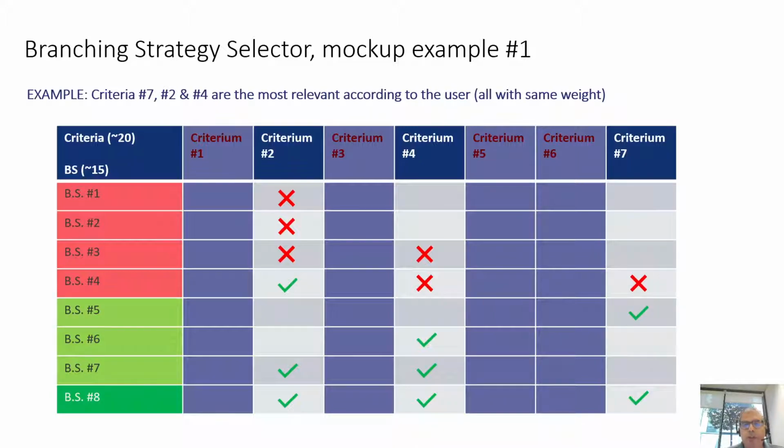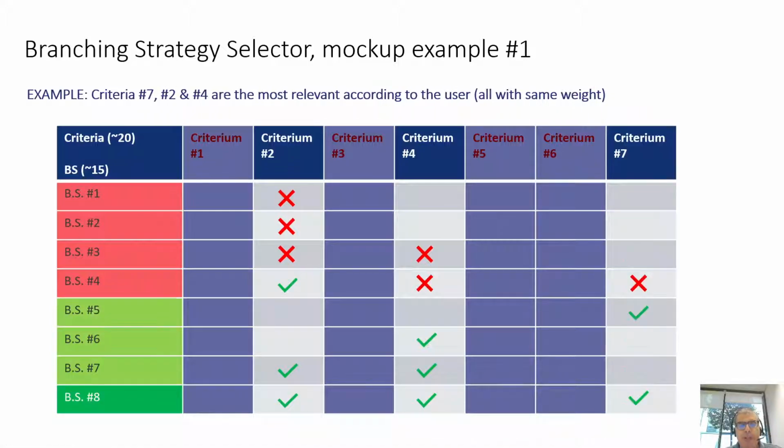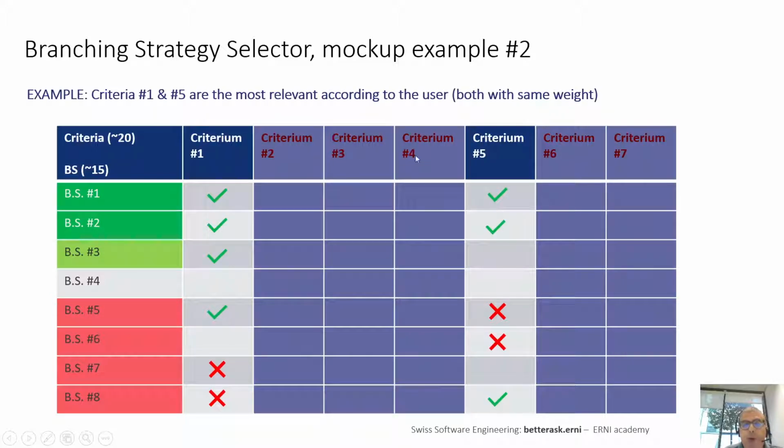Okay, now we also select criterion number 7, and the selection still has these 4 which are rejected, number 1 to number 4. If we compare with the previous one, now we see that number 5 would also be possible. But in the tie between number 7 and number 8, number 8 wins because it has 3 okay ticks. So for this example, with these three criteria,